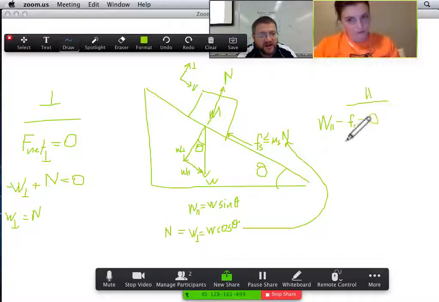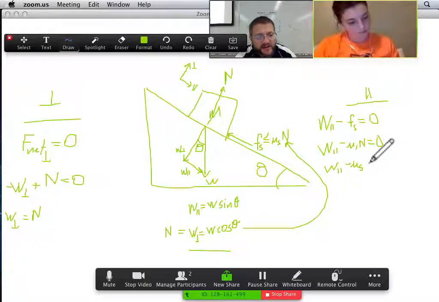But the static frictional force has a formula, mu s times normal force, right? And the normal force has a formula. So we plug that in, minus mu s, and the normal force is being replaced with this guy right here. So that becomes mu s times the weight times the cosine of theta,